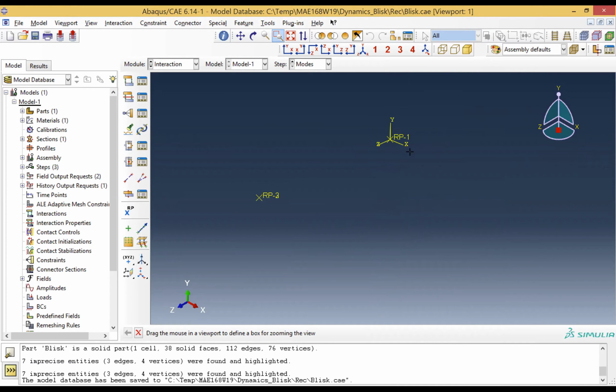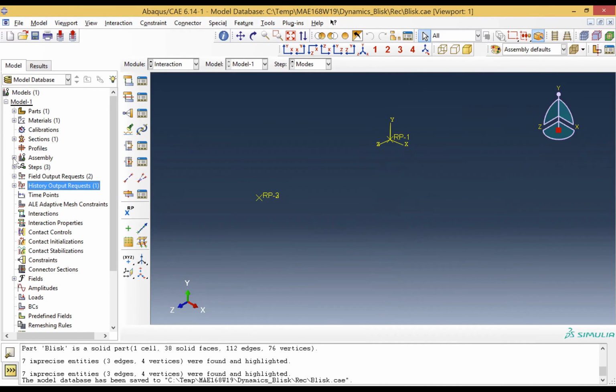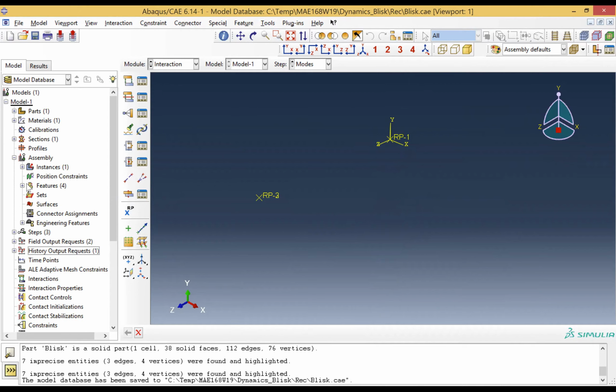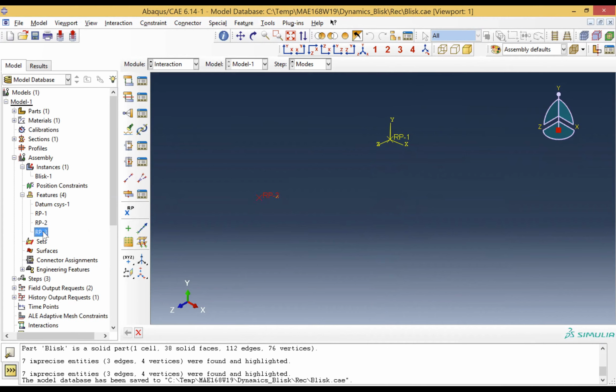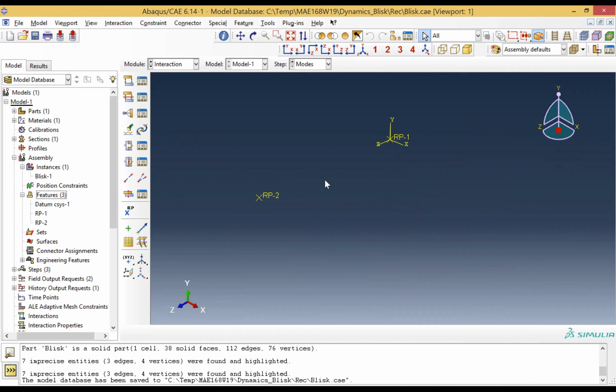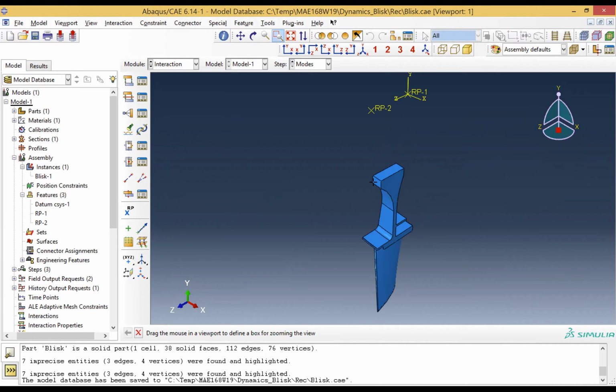Right, it seems that accidentally I created 3 points, so I'm gonna eliminate one of them. So go to Assembly, Instances, no, actually Features, select the point number 3 and delete it. So we only leave 2 points in our selection. All right. So the next step